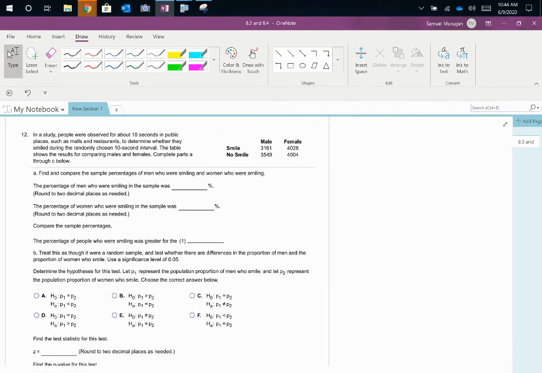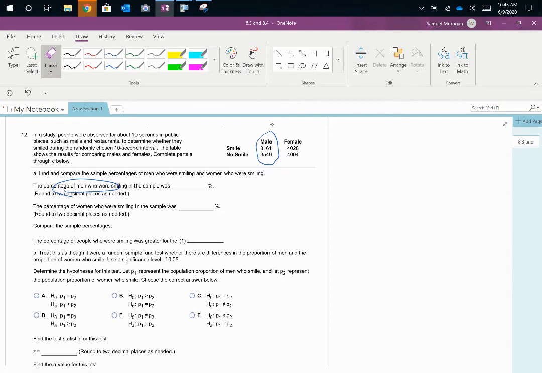In a study, people were observed for about 10 seconds in public, such as malls and restaurants, to determine whether they smiled during randomly chosen 10-second intervals. Find and compare the sample percentages of who was smiling and not smiling. So, smiling, percentage of men who were smiling in the sample. So the sample total for men,